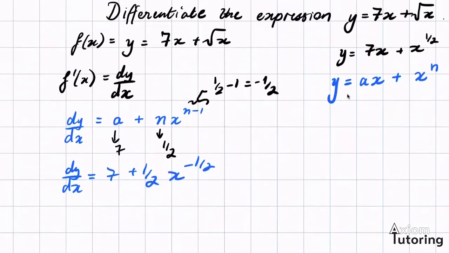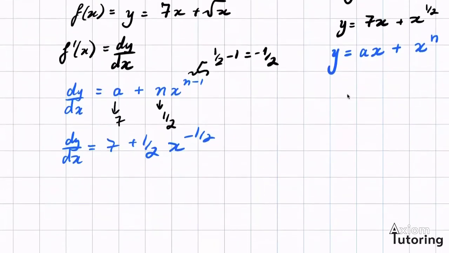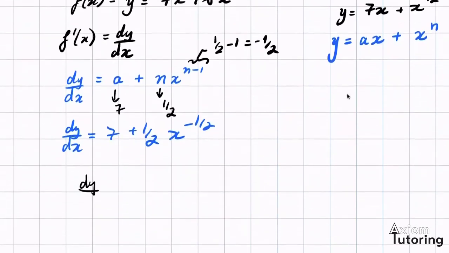And so for our expression y equals 7x plus root x, we can just say dy over dx equals 7 plus x to the minus a half over